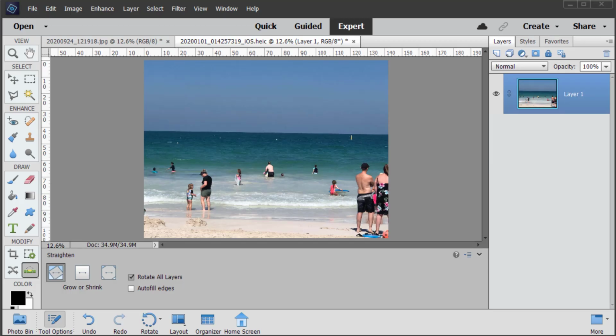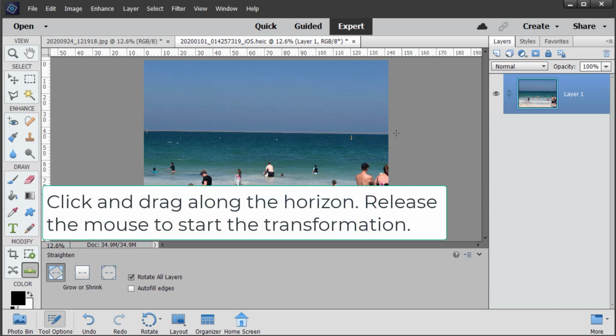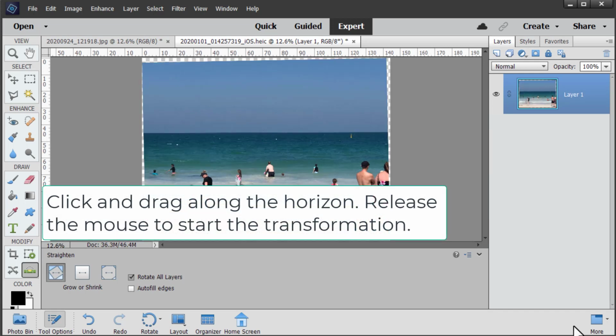Today we're up to the letter P, and for some reason the letter P is the shortcut for the straighten tool. So let's check it out. You can find the straighten tool in the bottom section of your toolbox under the modify option, and it works pretty simply. You just find a photo that's not straight and trace along the horizon line or any object that's straight, and then it'll straighten the photo for you.